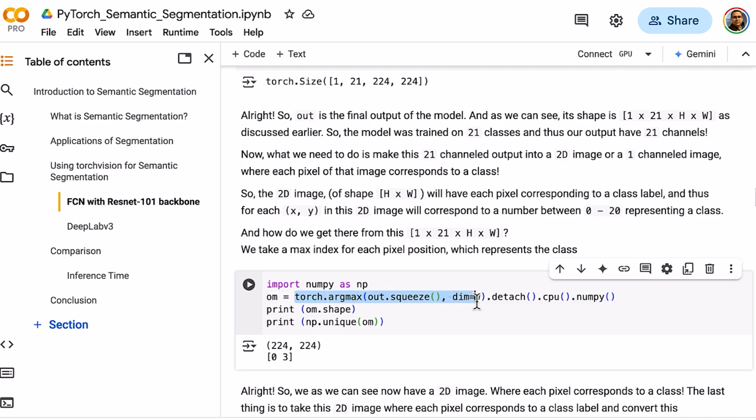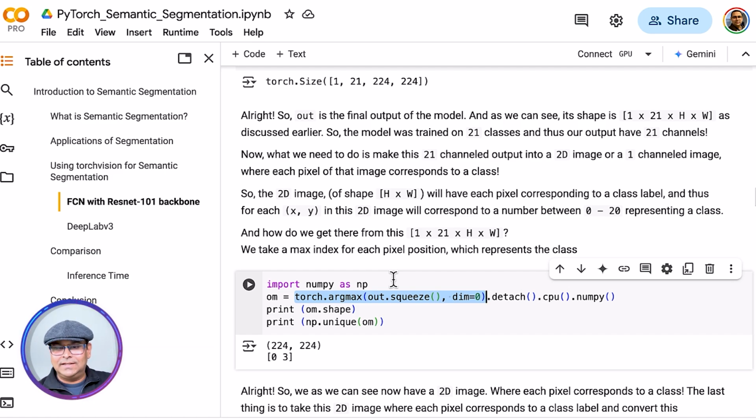Also look at this part, where we have 21 channels. For every pixel, we have 21 channels, right? So just think of it as a pixel having RGB colors, but instead of RGB colors, it has 21 values. And initially, if you have an ideal segmentation model, the motorcycle class would be 1 for that pixel. If the pixel belongs to the motorcycle, the class label would be 1 for the channel that represents the motorcycle,